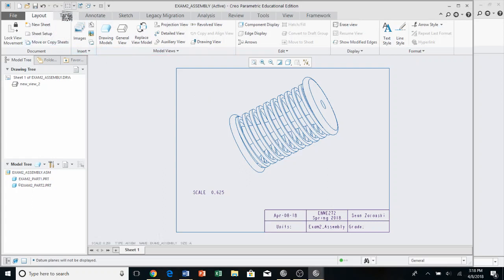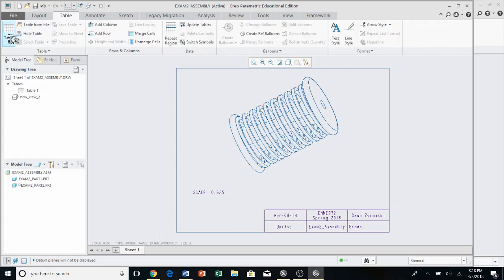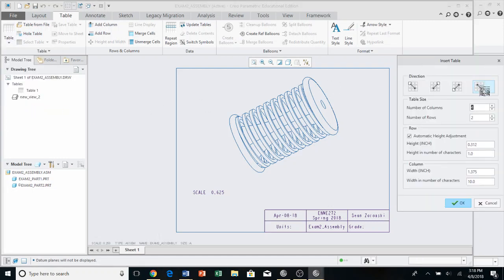BOM. So we're gonna click Table, Insert Table. Go on the bottom right. 1, 2, 3, 4, 5. We want 5 columns, 2 rows. Yeah, and then yeah, that's right. And then we're gonna click